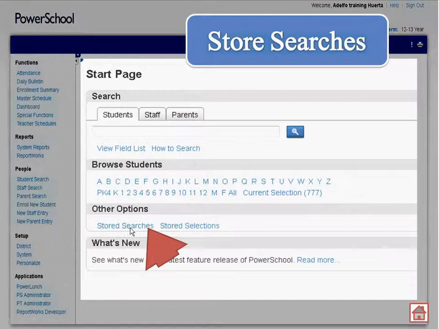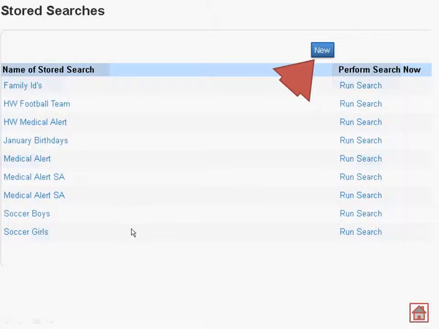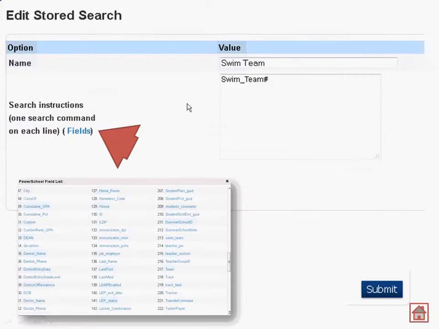Well, I would have to click on stored searches first. Then I would have to click new. And notice here's a list of all the other ones I've done before. New. And then I have to create my search. So I'm going to call it swim team, and I'm looking for all the kids that are in the swim